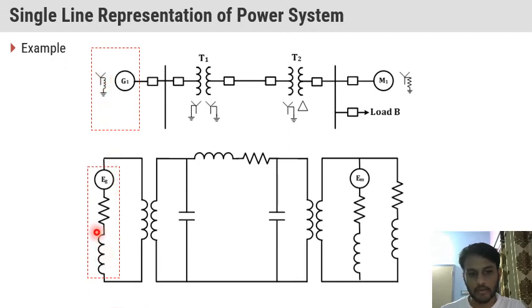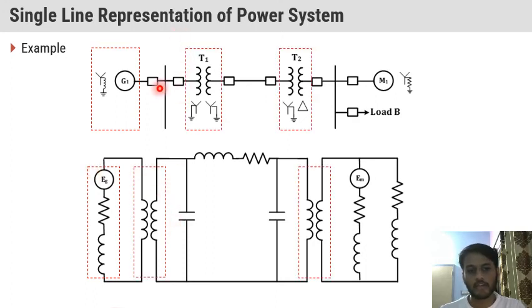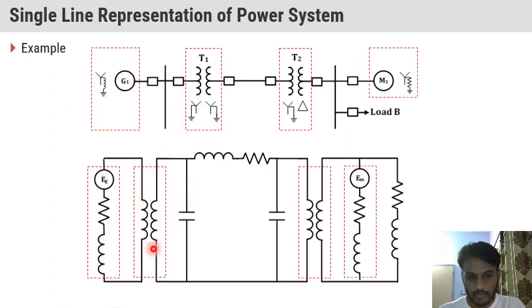So here we have one reactance in series with a resistance, and then Eg is the generated voltage. Then we have a circuit breaker, but we don't consider the circuit breaker here, as well as the bus bar. This is also extracted from the single line diagram. Then we have a transformer. For the transformer, we draw like this. So this is our transformer connection.